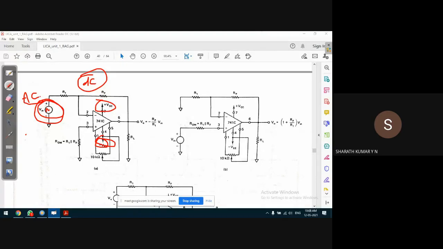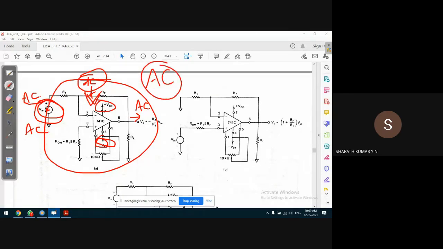But input being AC, what we expect the output to be is only AC, without any DC component. But because of temperature, thermal drifts, and variations in tolerance level, there exists a DC component in the circuit. We have to overcome this DC component so that the circuit acts as a purely AC amplifier circuit. For that we use what is known as coupling capacitors.